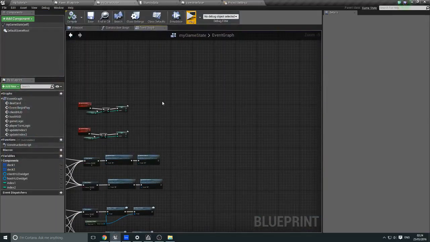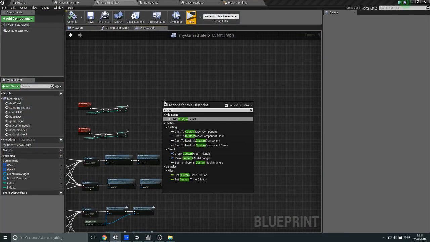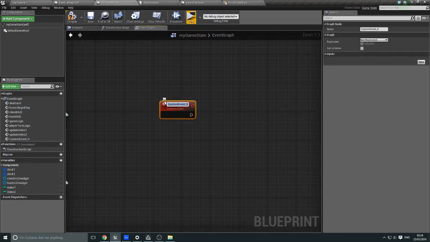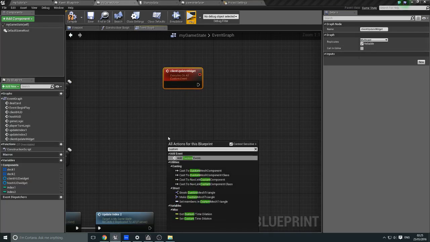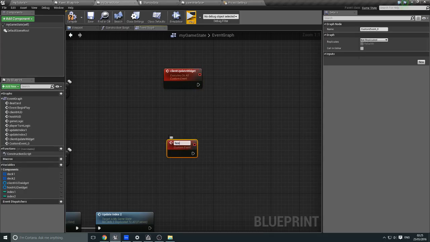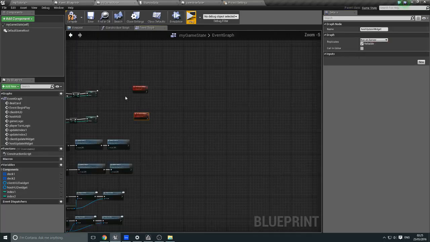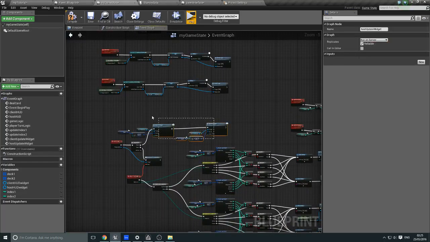So I'm going to create a custom event. I'm going to call this one client update. It's going to be set to multicast and reliable. And this one custom event is called host update widget. This one is set to run on server and reliable, and what we're going to do is pull these from over here,